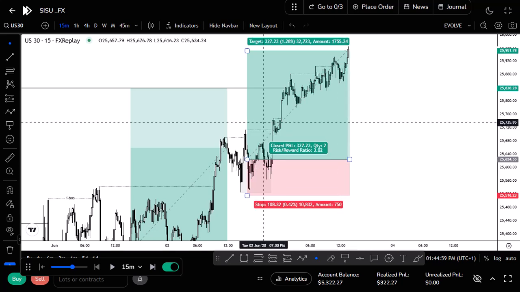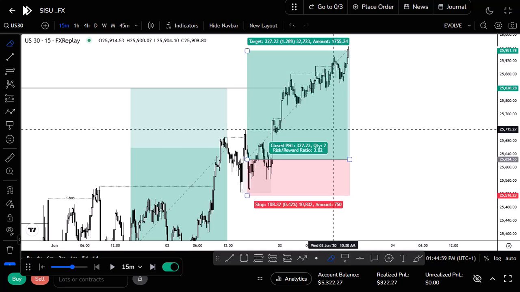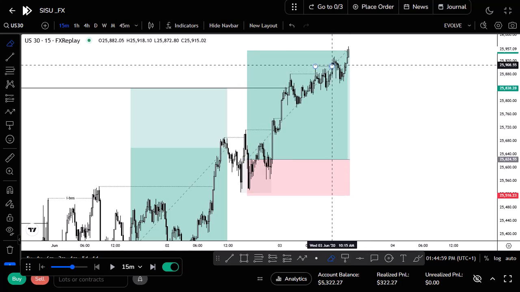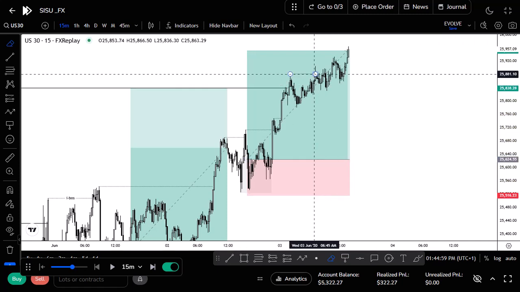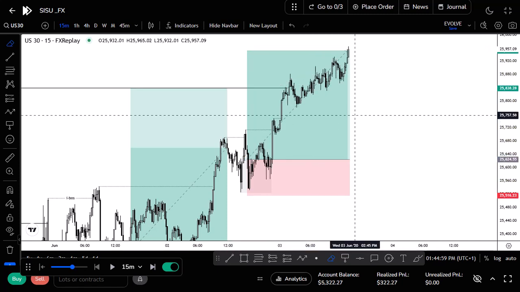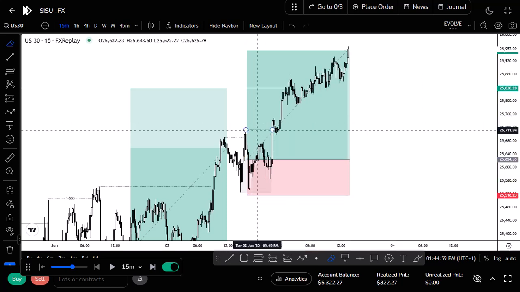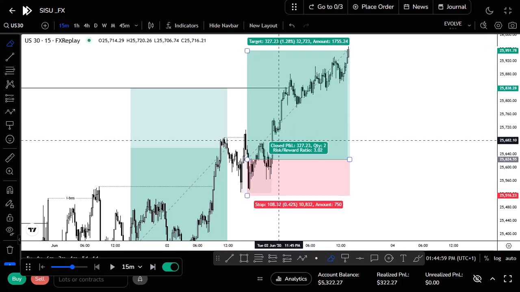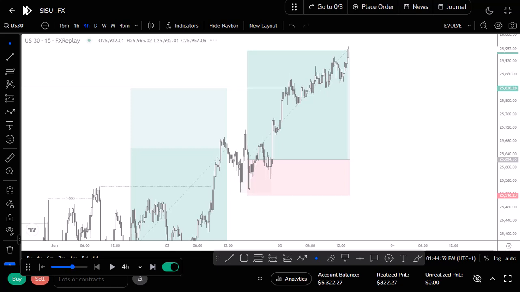So now my objective has been fulfilled. What next? I go back to the 4-hour time frame. I don't want to be blind. I don't want to sit here and be guessing that we should have a mitigation here. I'm using a 4-hour zone. It's as simple as that, right? So I want to go back to my 4-hour to see what is happening.